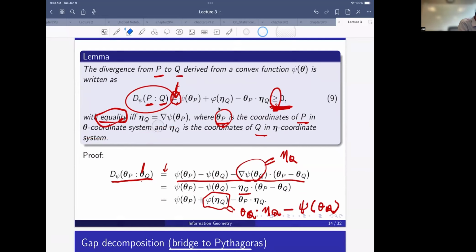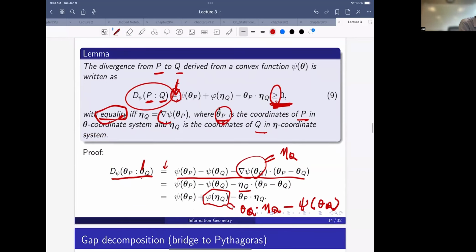So yeah, that's a good point. Actually, see this guy, the definition of this guy is eta P, right? But our question is when we have the equality, if eta Q is equal to eta P. Okay. So that is basically